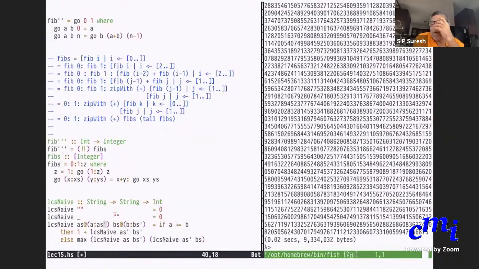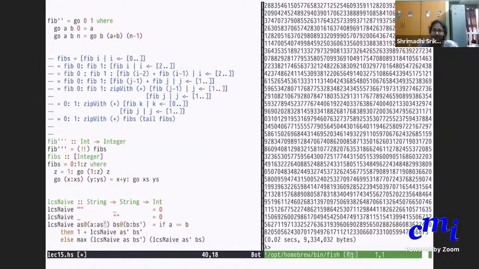Which means that automatically you can use a, as prime, etc. So as looks like a colon as prime and bs looks like b colon b prime. These are called as patterns. As you write an argument name, you can give some patterns that it will match, and then that will give you two ways of referring to the same object.